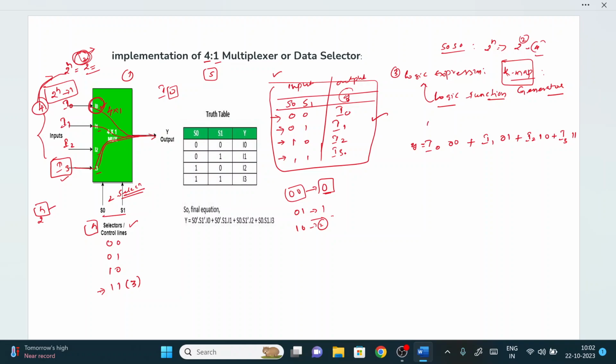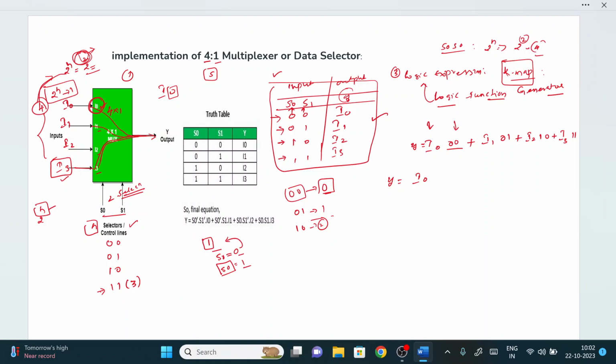Now if we observe here, this is in terms of zeros and ones. Now what we will do is convert it into the variable representation. So Y equals I naught, with this 0, 0. What is the meaning of 0? S naught bar, and S1 bar. By default everything is related to the SOP function. SOP function means representation of the output as 1. It means that if you find 0, we need to write S naught bar. If you find 1, we need to write S naught. 1 means normal variable, 0 means complement variable.